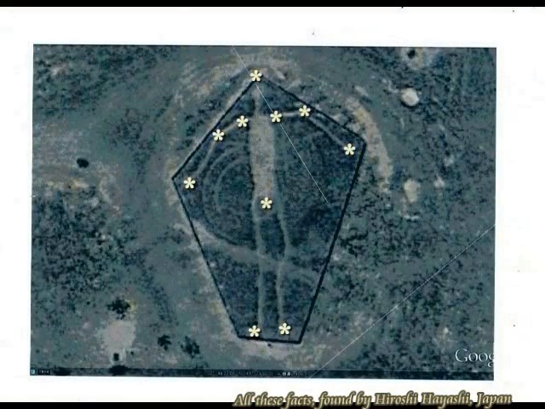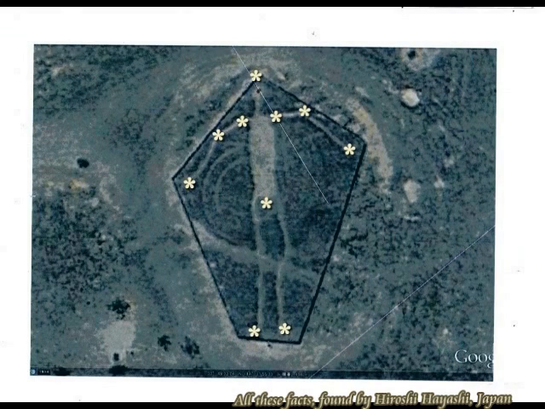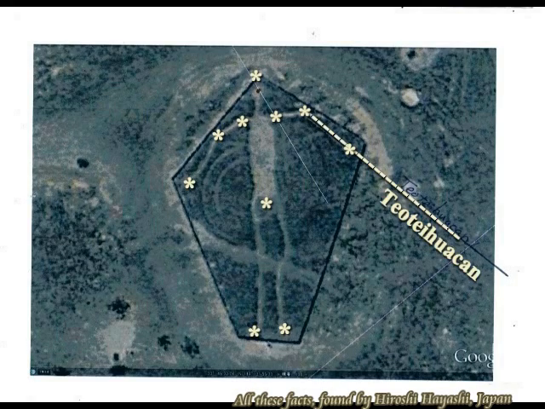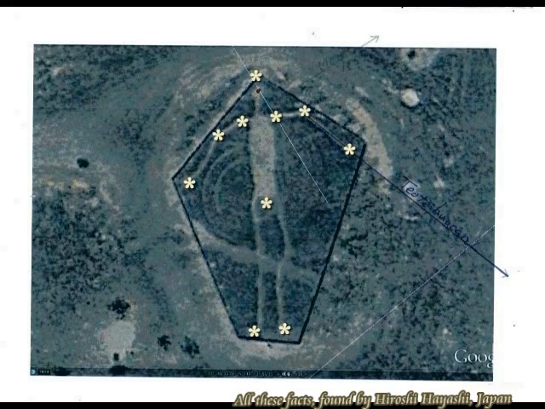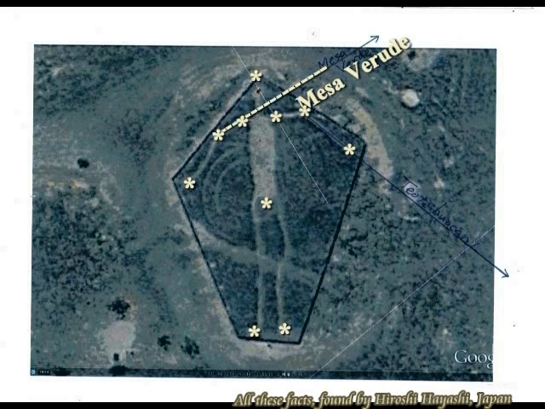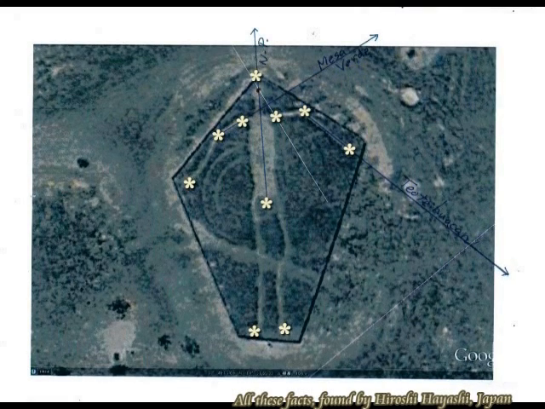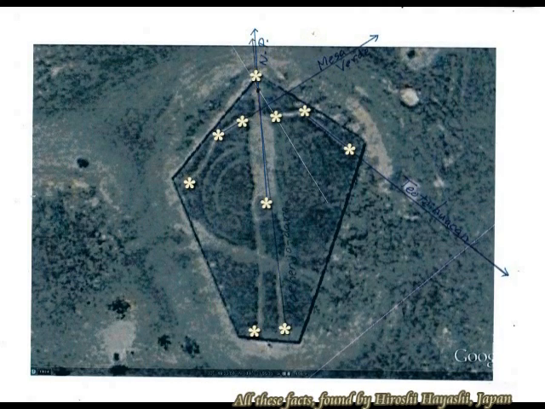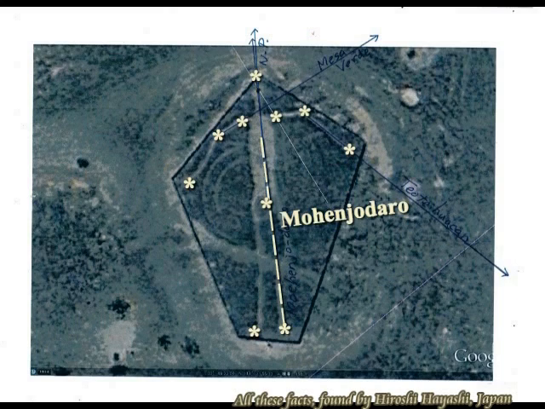Each point shows the point, and 2 points of them show one direction. For example, I'll show you an example. This line comes from Teotihuacan, and these 2 points show the direction to Teotihuacan, Mesa Verde, which is a very important ancient town in North America, and these 2 points show the direction to the North Pole and Mohenjo-daro